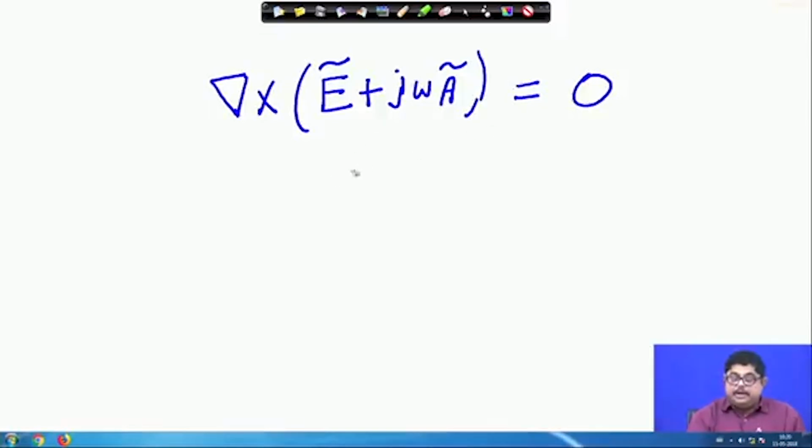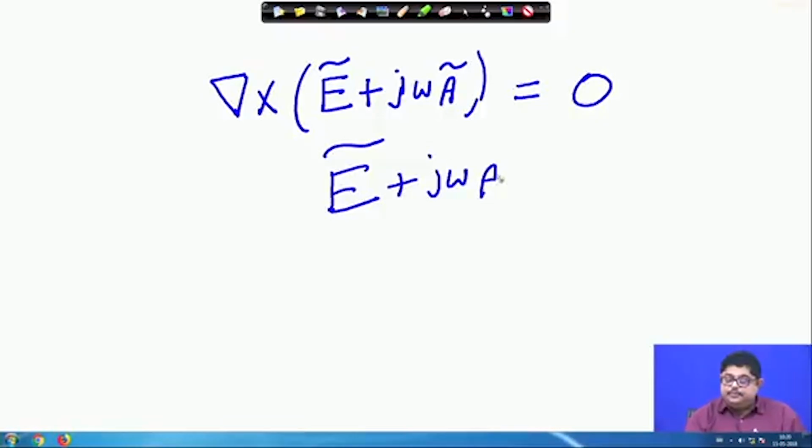So, again from our vector analysis we can then say that this quantity,